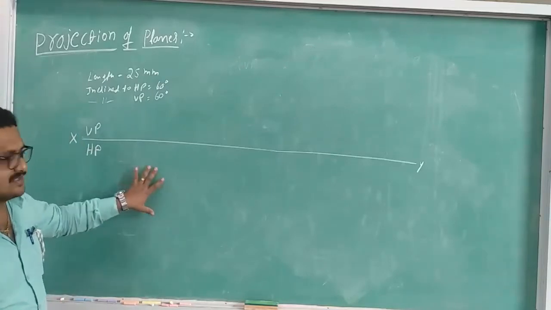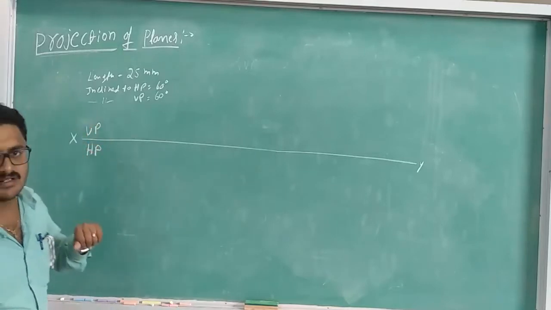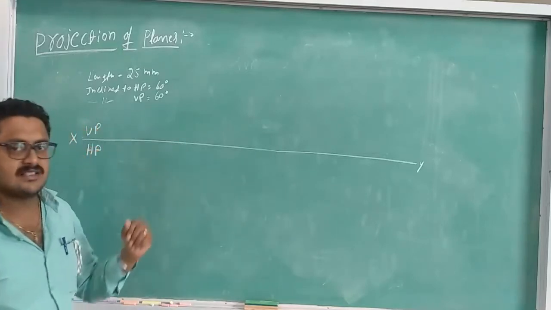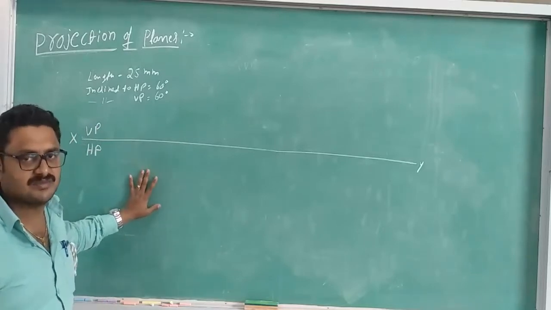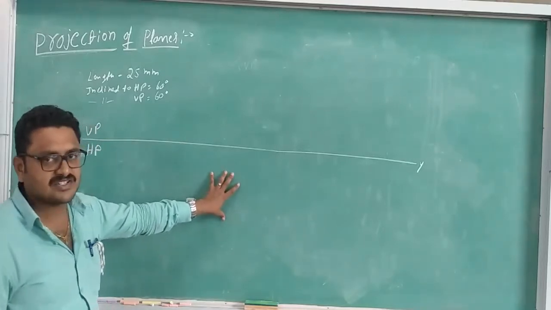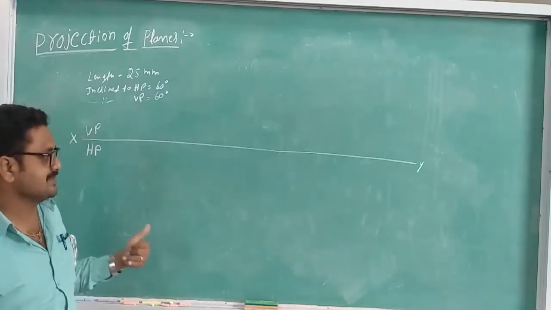The first step, second step and third step. So once we get the data, we need to analyze it. What data is required to complete the first step, what data is required for the second step, and what data is required for the third step. Like that we need to divide the data into 3 steps.